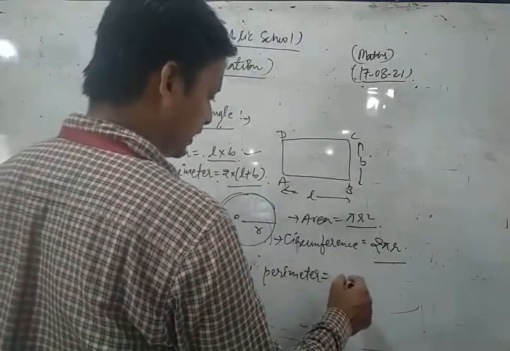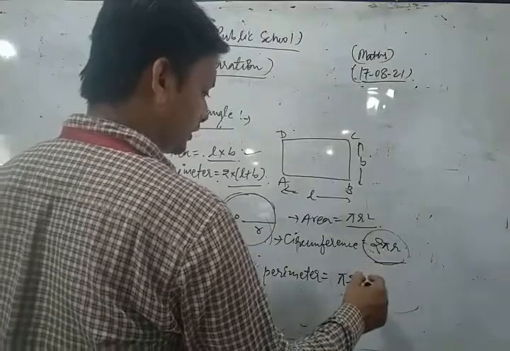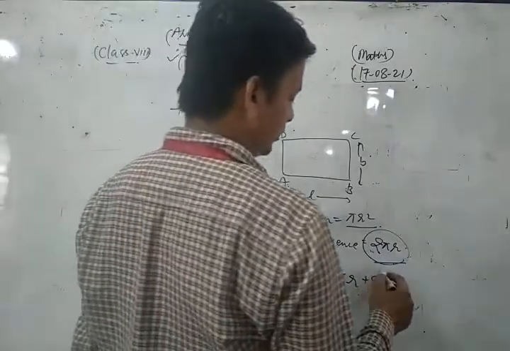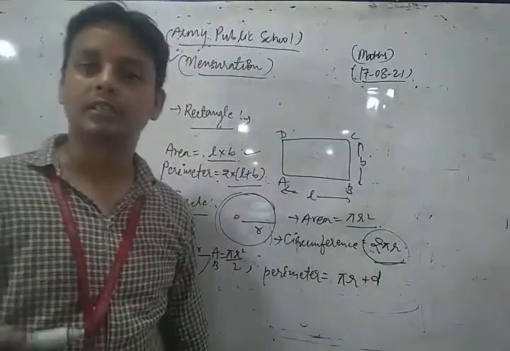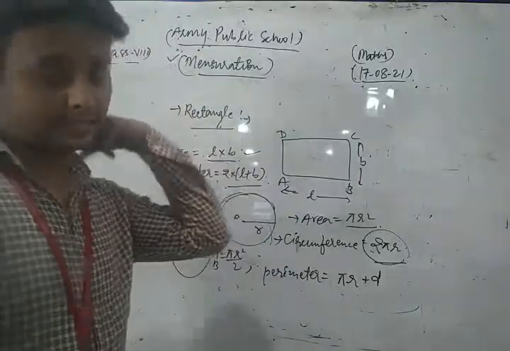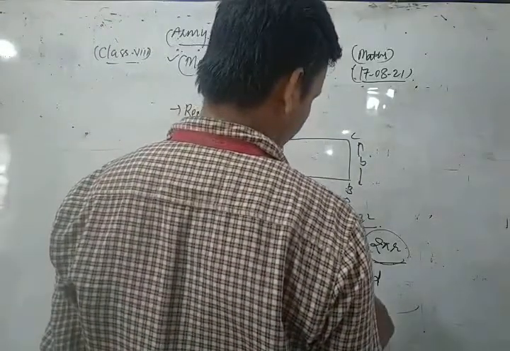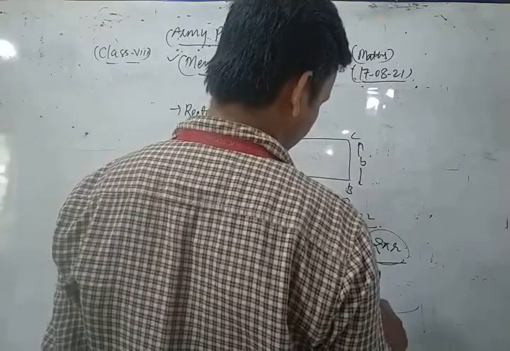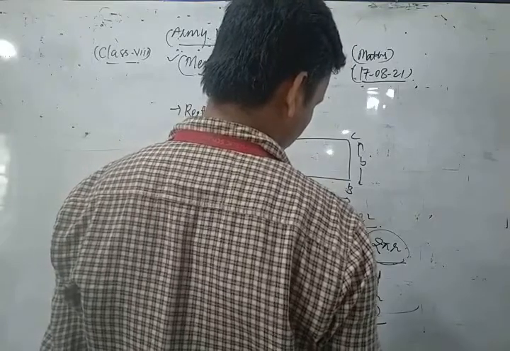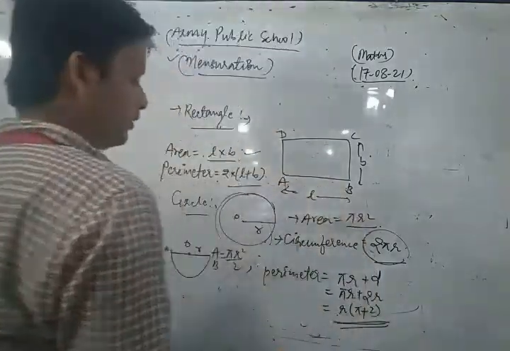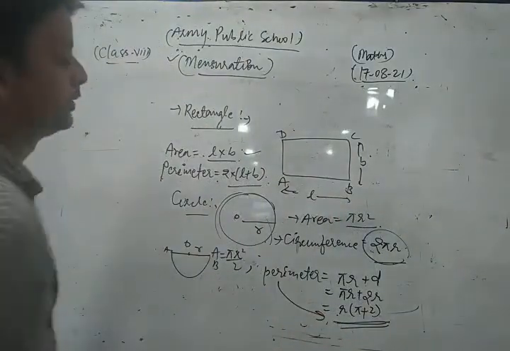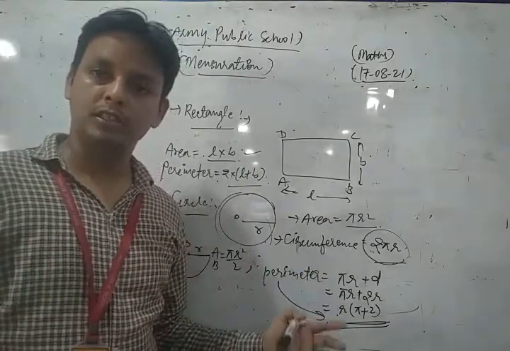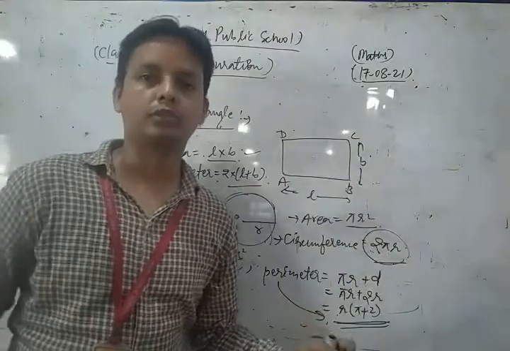It means half of the circumference of the circle, pi r, plus we add the length AB, which is the diameter of the circle. You know that the diameter of the circle is denoted by D and is double its radius. So here it is pi r plus 2r. Now we take r common, so r into pi plus 2. This is the formula for the perimeter of a semicircle. So now using all these formulas, we take some important questions of your NCERT exercise.